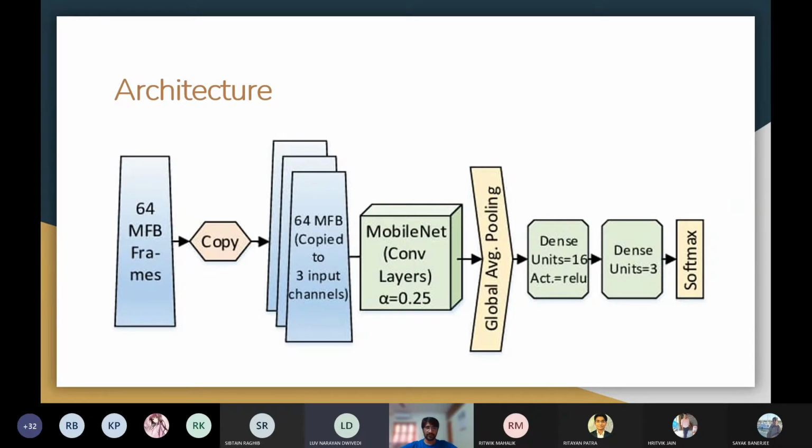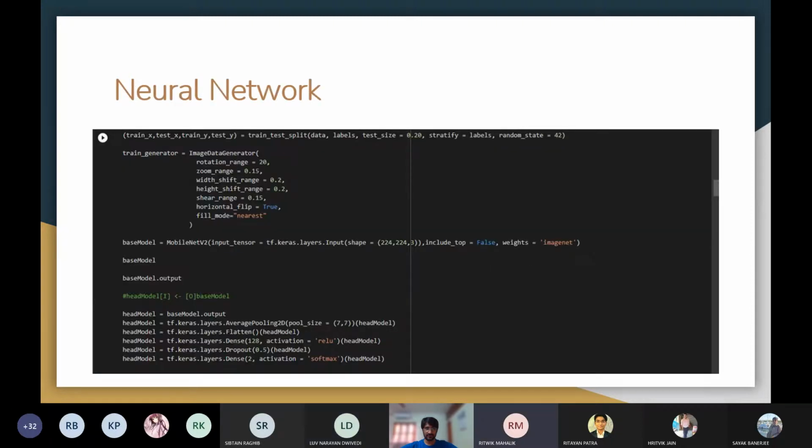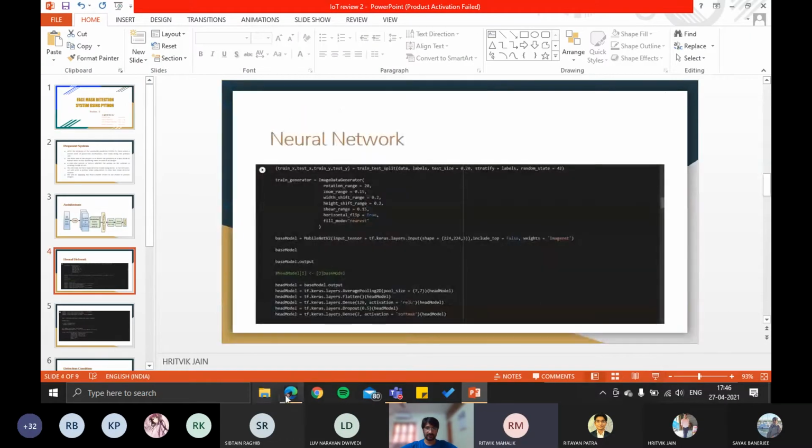Okay, Jyoti, can you show me a direct demonstration if you have the results? The demonstration part will be shown by Ritvik at the end. So should we directly go to the demonstration, because after that we explain the neural network model and then the demonstration? Yeah, it would be better. Yes. Okay, so I'll just directly jump to the demonstration.